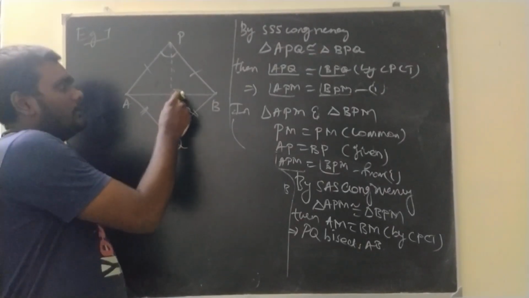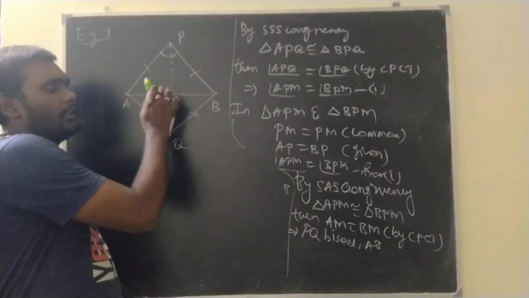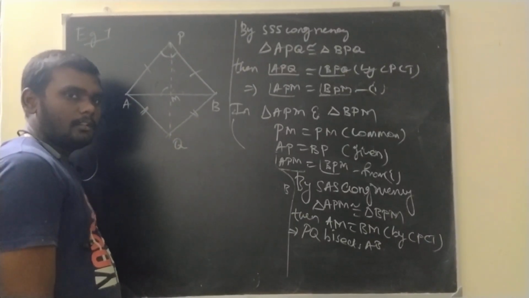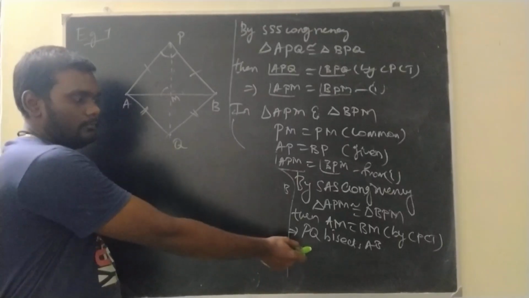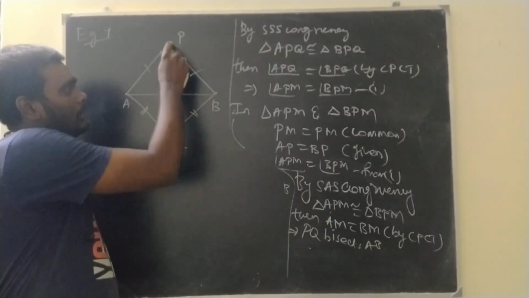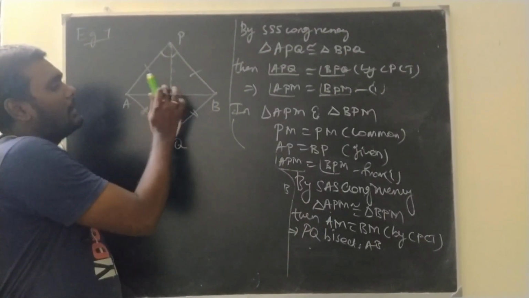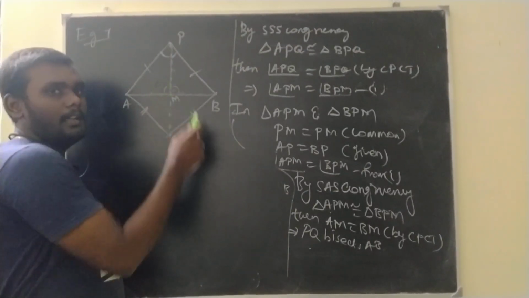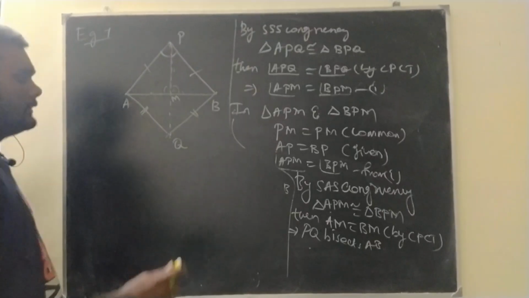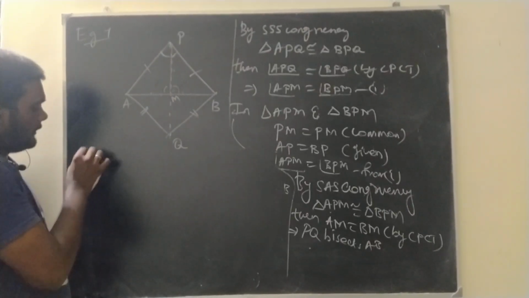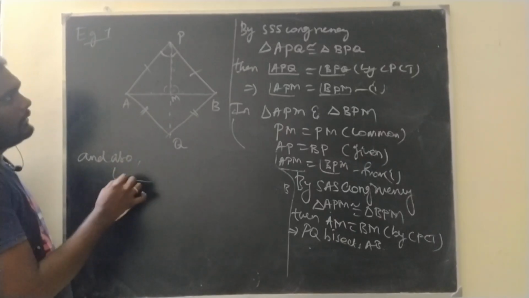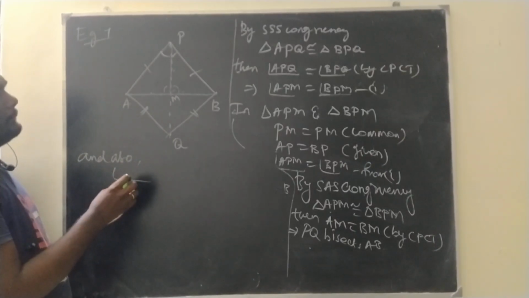See, these parts are equal, you know that or not? How? APM and BPM are congruent, means what? These are corresponding angles of the congruent triangles, okay? So, and also we have angle PMA